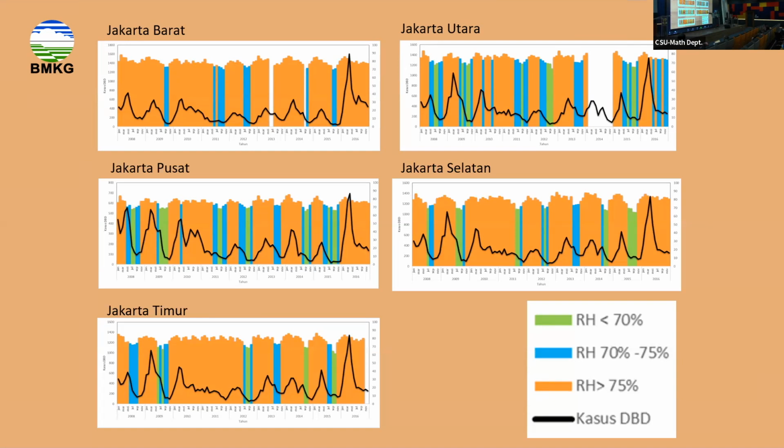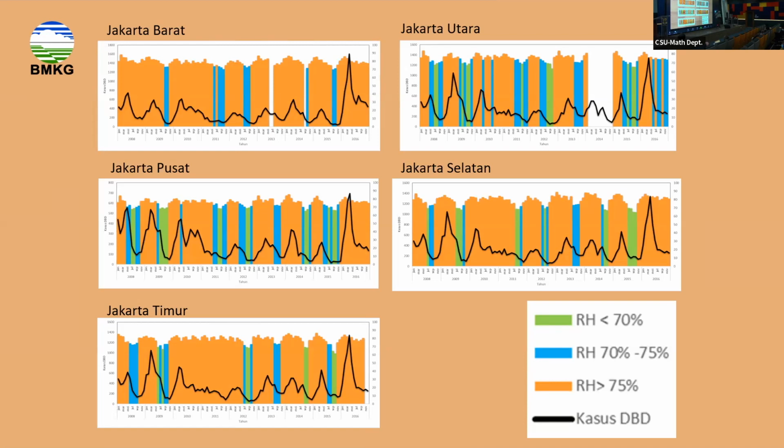The interesting thing is that if we plot in the background the relative humidity, and this black line is the dengue data. You can see in the background, the orange one is relative humidity greater than 75%. So you can see every peak in the data will have an orange background. Many of them have the orange background. So that's relatively informative because we depend also on relative humidity. So our early warning system is based on relative humidity and also incidence rate. So this is easy to see.